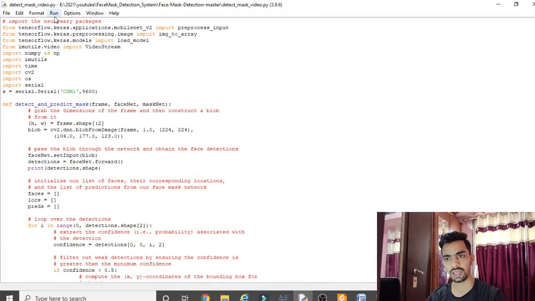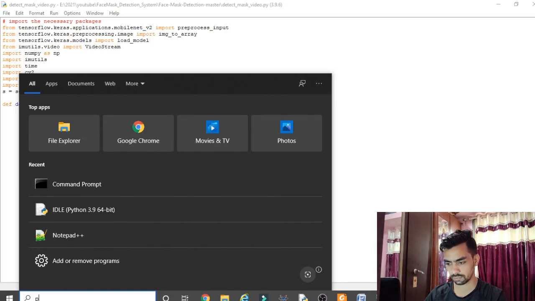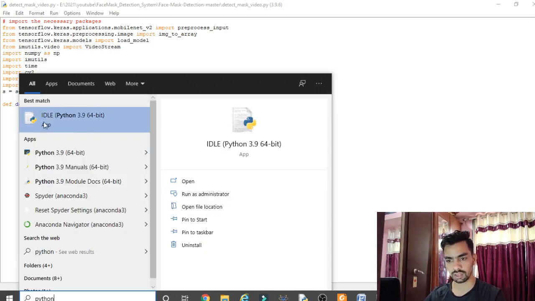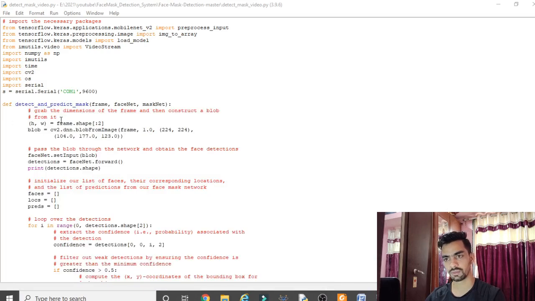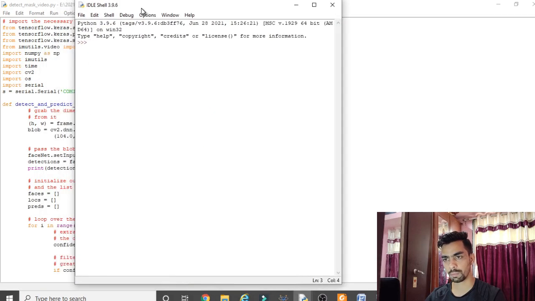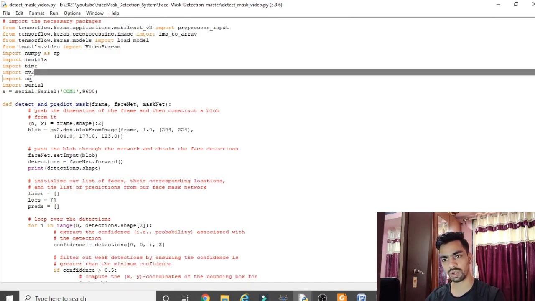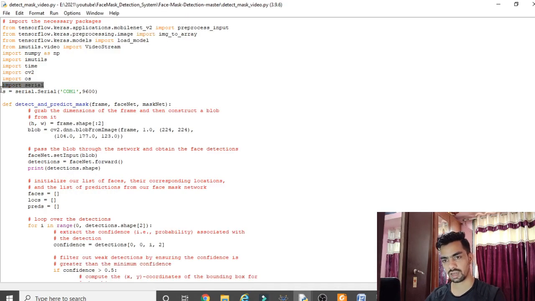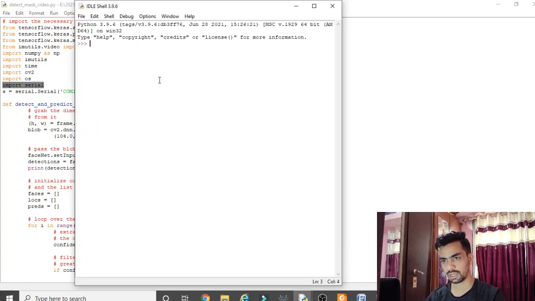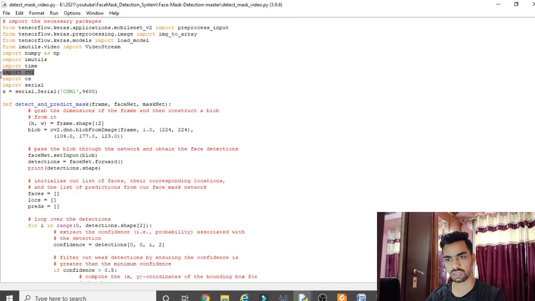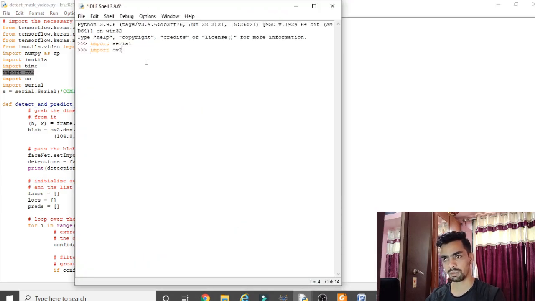Now if you want to verify whether that library got installed or not, open the Python shell, type Python and open this Python IDLE. Once you open Python IDLE, you can import whatever library you have installed. Just type that command there, like import serial. You can see there is no error found. Now next, we have installed cv2 library also. Copy this, go to Python shell and type here import cv2. Then you can see there is no error. That means this library also successfully installed.